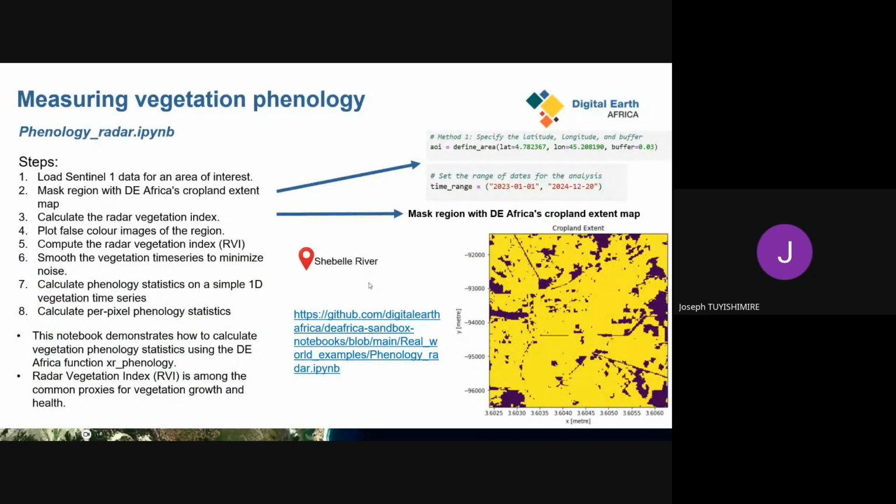So we can also use the radar sensor, which is very good because it can penetrate the clouds. And this uses mostly what you call the radar vegetation index, RVI. Of course, we'll be working on cropped areas, and the location remains the same around the Shebele River.